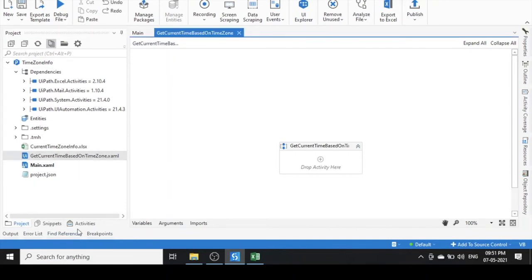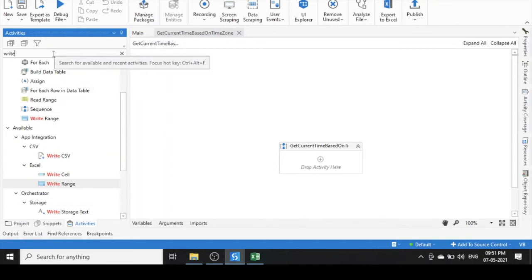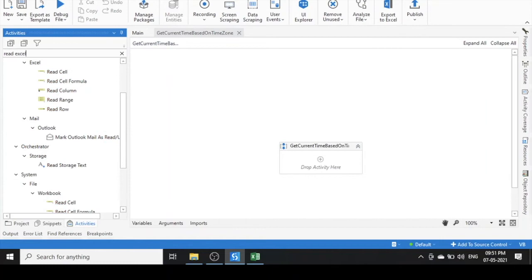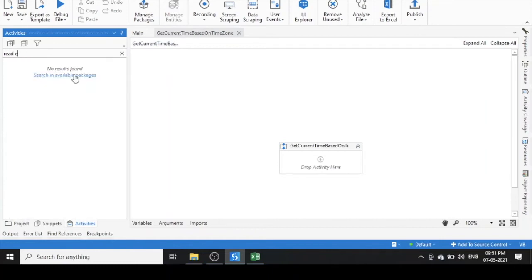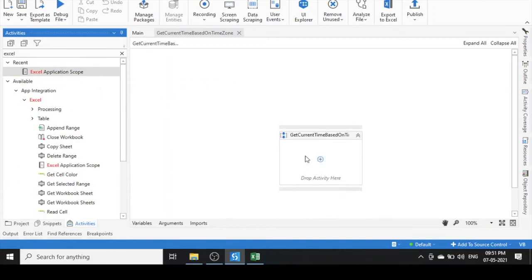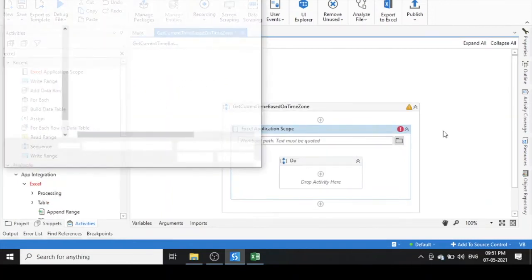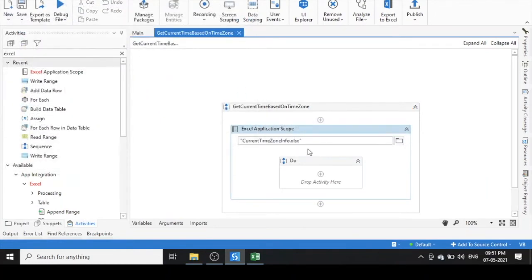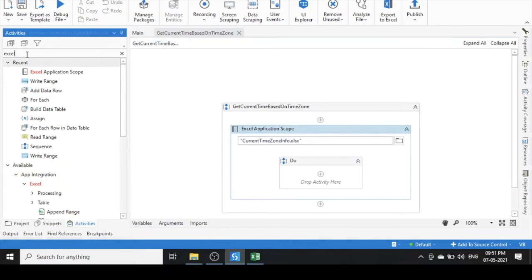Now first activity I am going to use is read Excel file. Let me take first Excel application scope. In this Excel application scope, I am going to read this Excel file which I have generated earlier. So let me take read range.